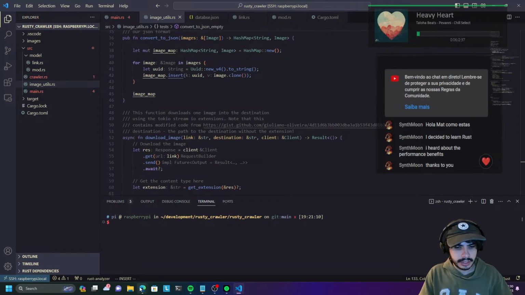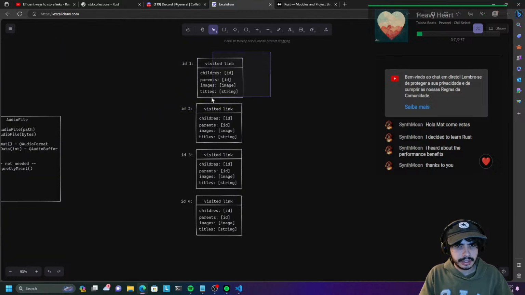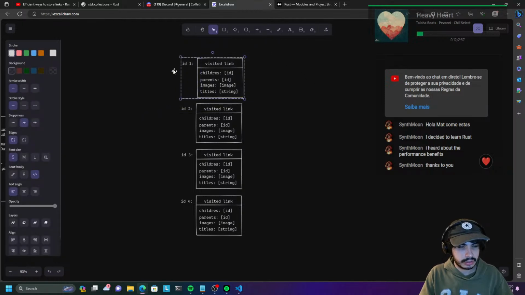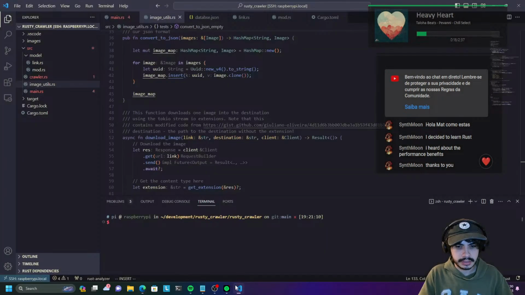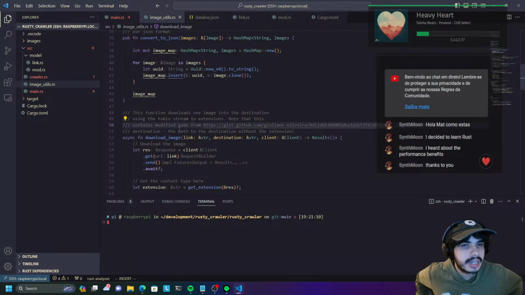Yeah, so essentially what we have is, let's go back to ScaliDraw again. We have this part here. So we have this visited link struct. Now we have to create that map that will actually represent our links. And for every link, I guess we kind of need to have a